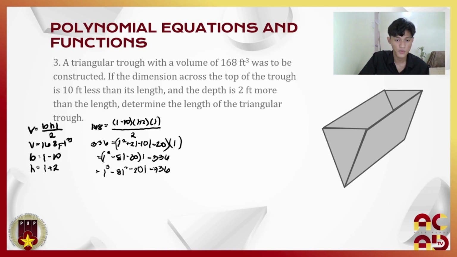So, paano ba mahanap yung root niyan? Ita-times natin yung last term sa coefficient ng first term, which is 1. So, we have negative 336 times 1, we have negative 336. And then, hahanapin natin yung mga factor nito. So, I think pwede ang positive negative 2 since I think divisible siya by 2. So, 336 divided by 2, we have 168. Positive negative 4,